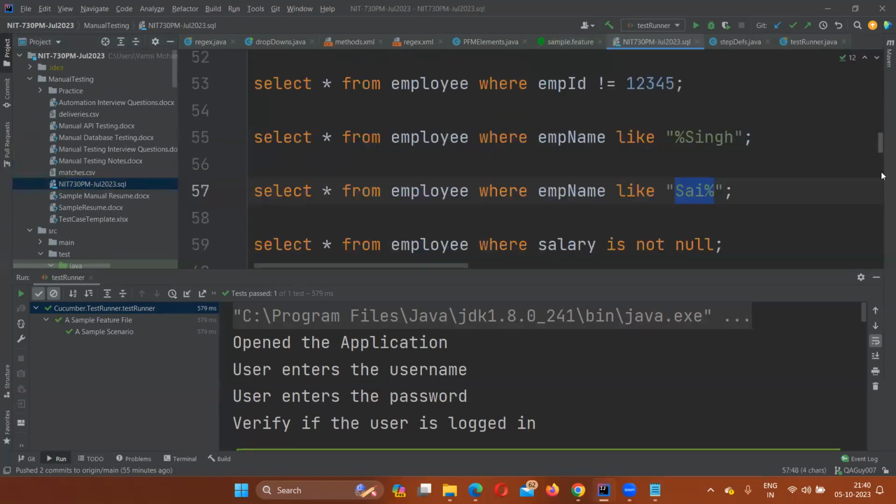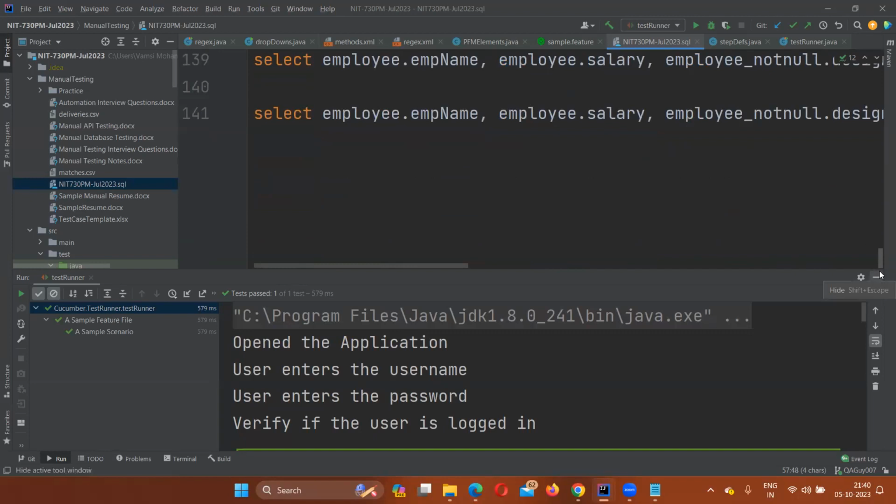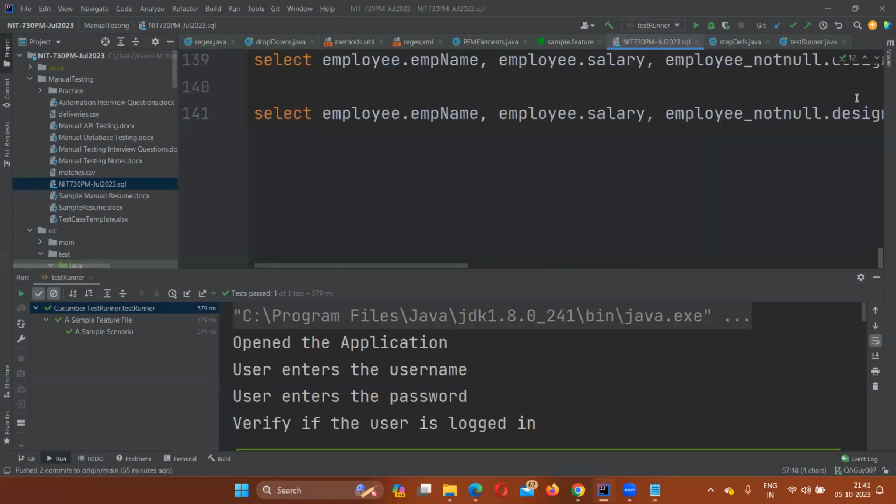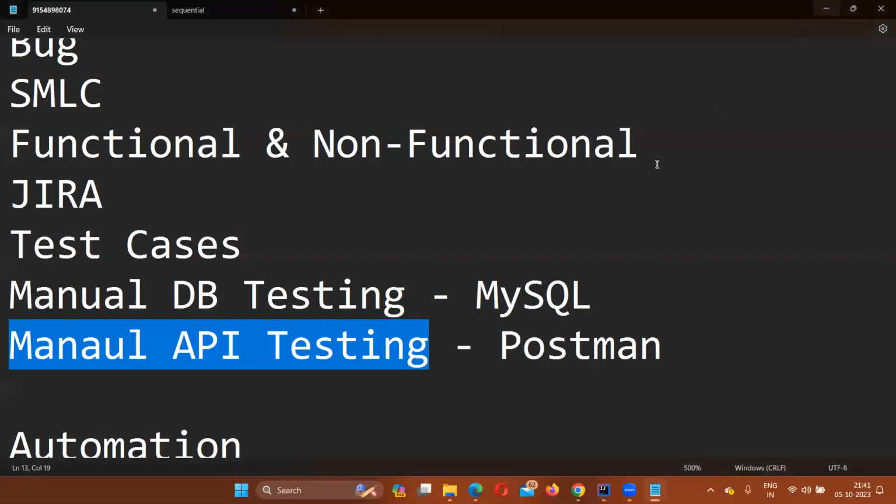Okay. I'll be giving you SQL queries, roughly somewhere around 70 SQL queries. I'll be sharing that with you. You are expected to do it along with me in the class. So I'll be sharing the SQL queries also with you. Okay. Next, for API testing also, I'll be giving you some tasks, just like a sample project. For your practice purpose, you can do whatever task that I send you.